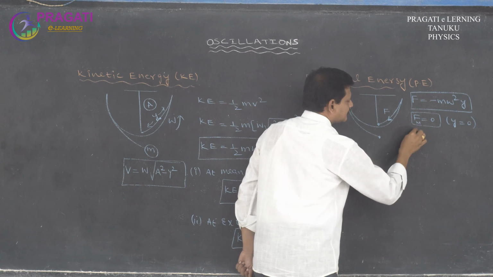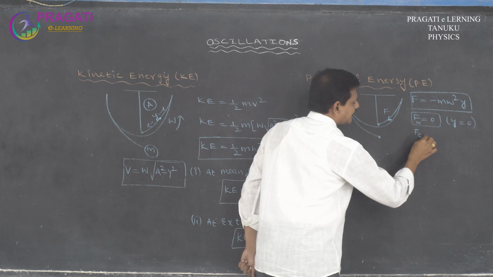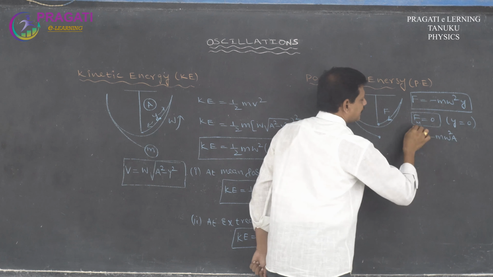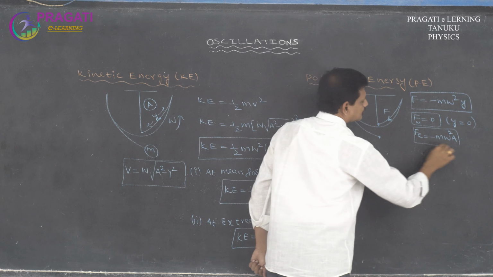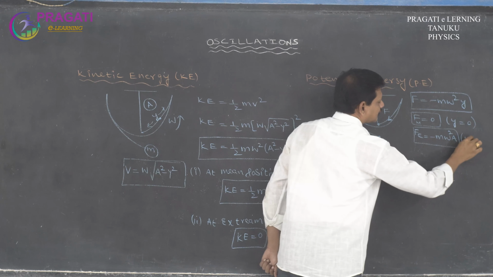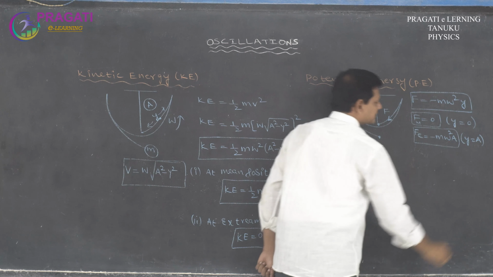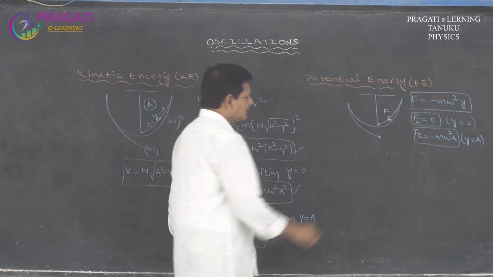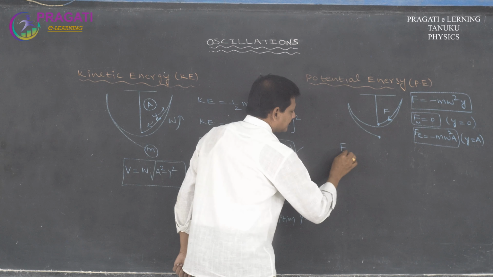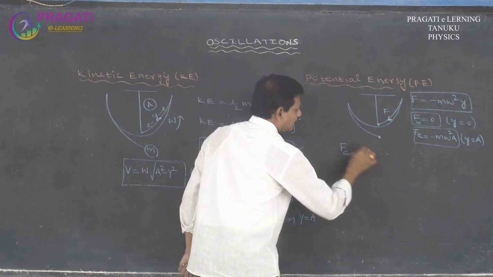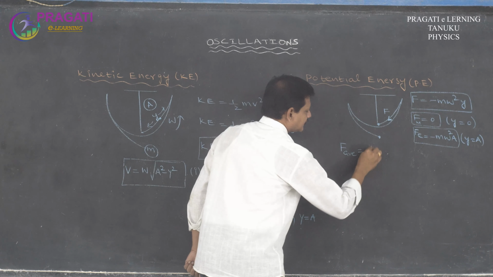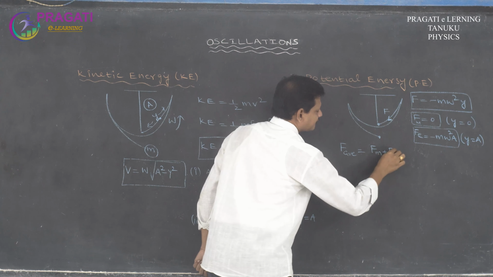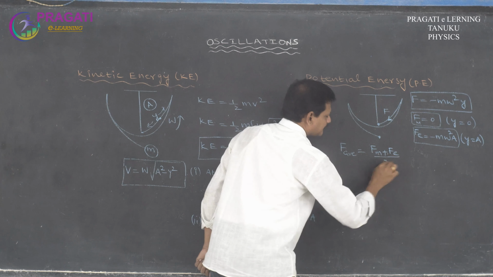At extreme, F is equal to m omega square a, since y is equal to a, displacement is maximum at extreme position. Then the average force acting during one oscillation is